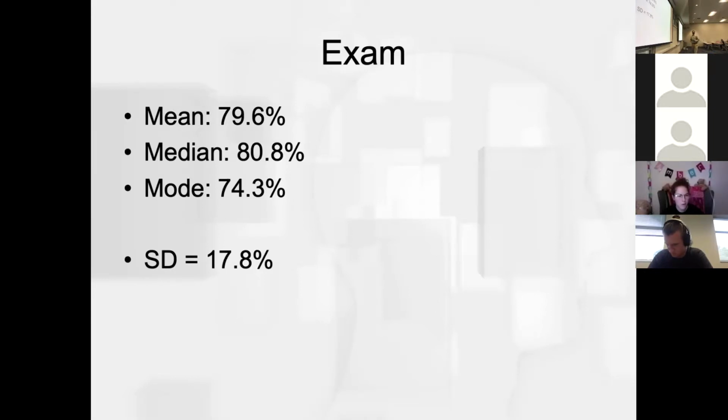The exam after the curve had a mean of 79.6%. Pre-curve was just about 70%. There were several students who, with this curve, got over 100%. However, I thought that the wording on some of the questions was a little confusing, and so I decided to make this curve a little bit bigger than it otherwise would have been, with curving to the top performer getting 100%. Don't anticipate that being the case for future exams.